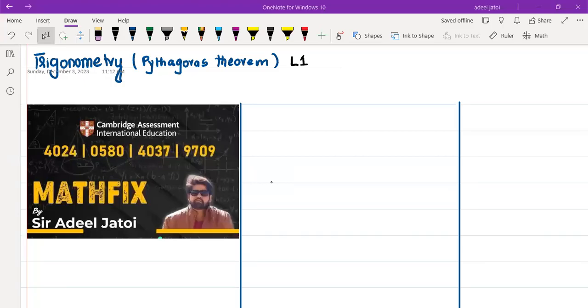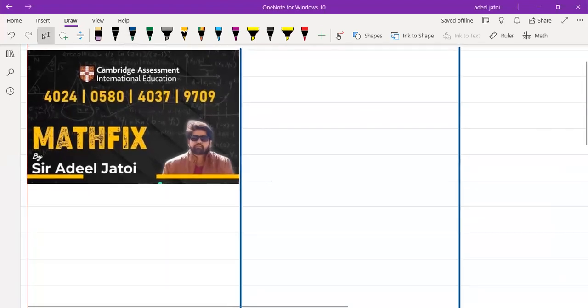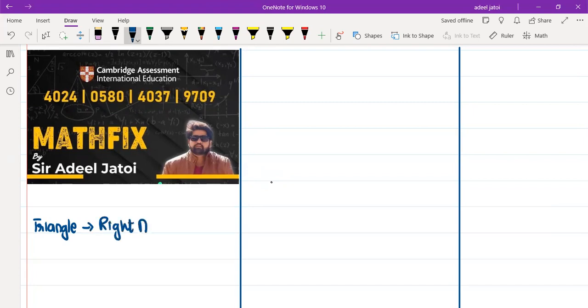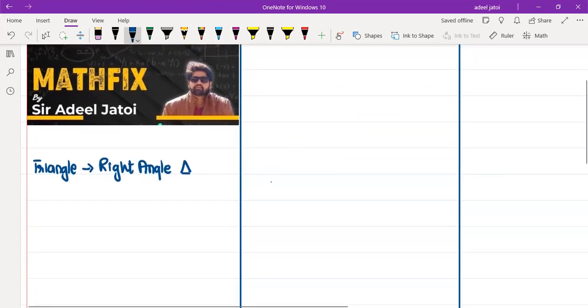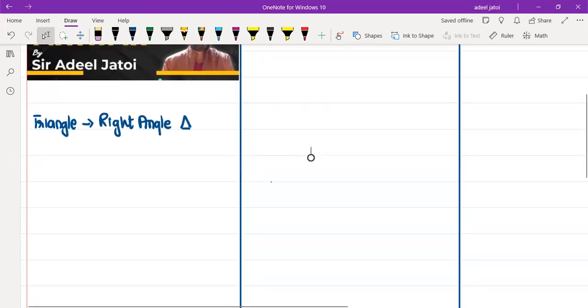Trigonometry, Pythagoras theorem, lecture number 1. Now you need to understand this, that Pythagoras theorem is linked with triangles. But what type of triangle is it linked with? What type of triangle? Right angled triangle. Now, when we talk about right angled triangle, that means we talk about